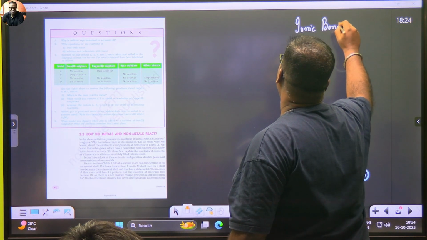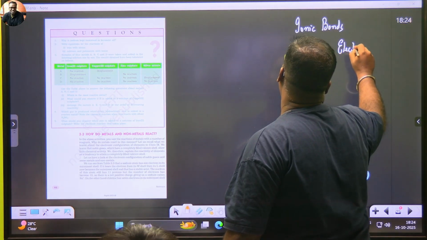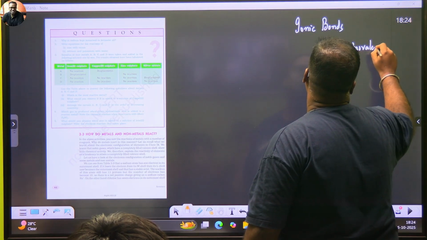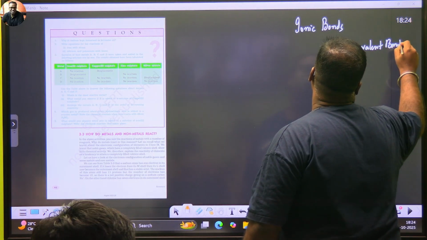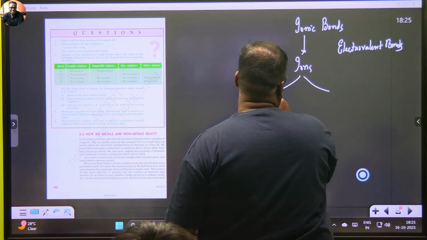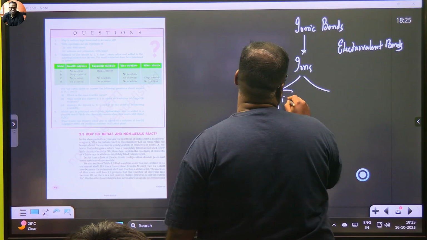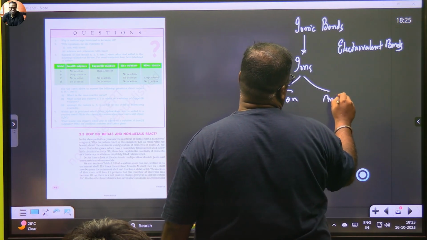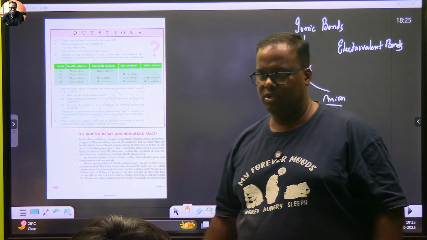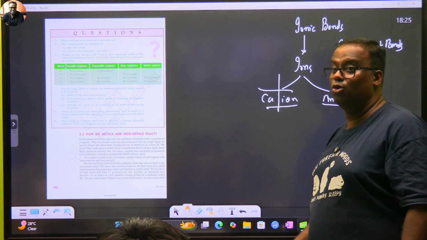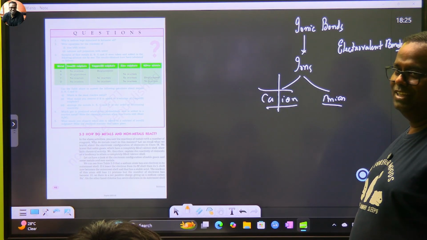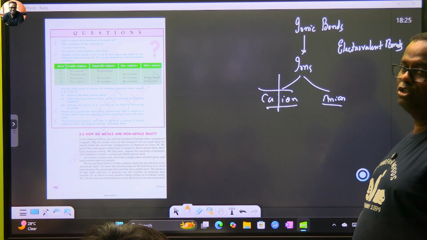Ionic bonds are also known as electrovalent bonds. For such a set of bonds to be created, ions must be formed. Ions are of two types, cation and anion. Both are oppositely charged particles, and oppositely charged particles attract. Yes, right? Look, today it's a birthday, they didn't invite you, they must have invited someone else. They attract, and that attraction is very strong. You cannot just break it. So ionic bond is said to be a very strong bond.